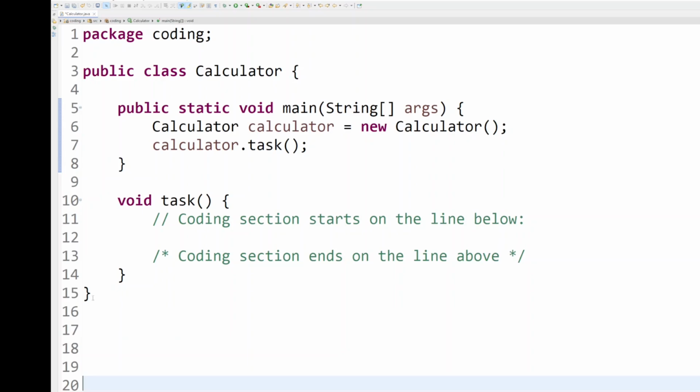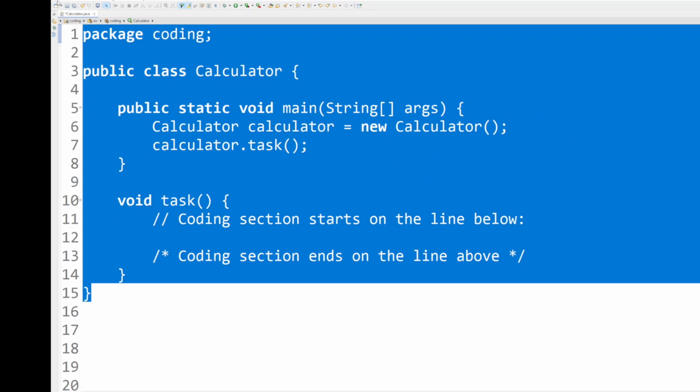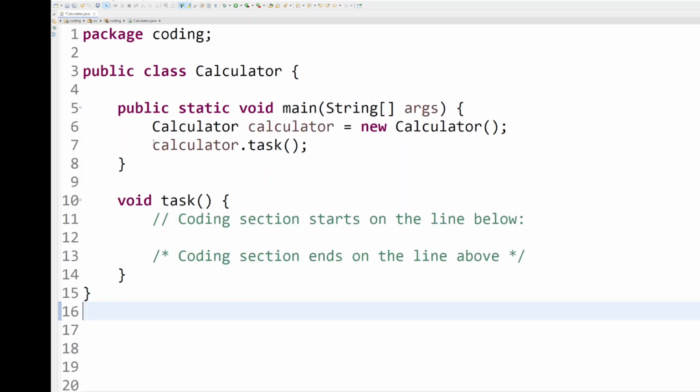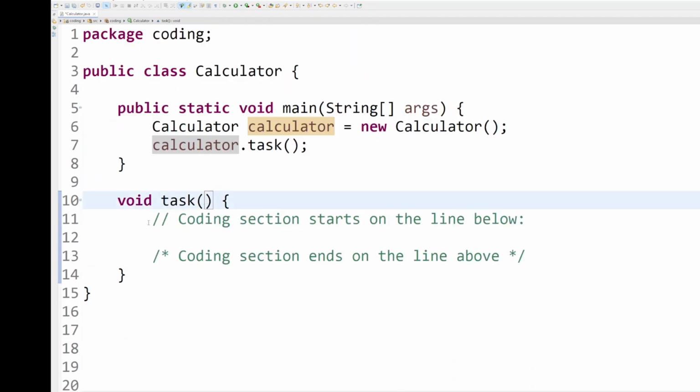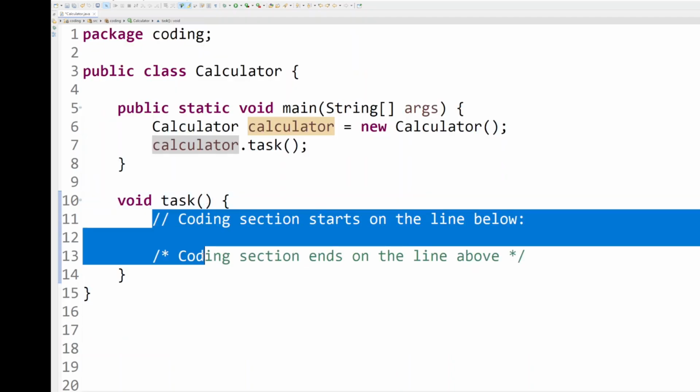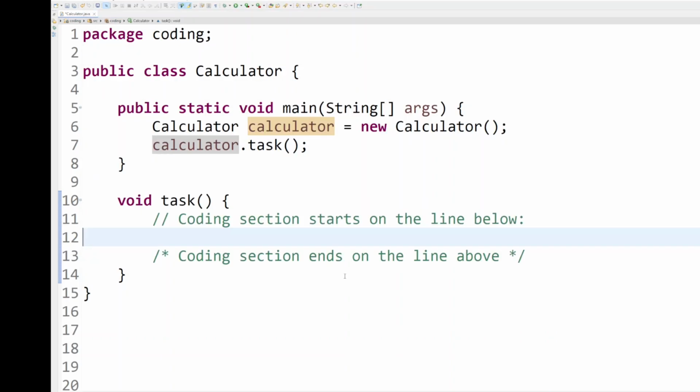Then go to Eclipse and delete everything in calculator.java. Then paste what you've just copied. The calculator.java file should now look like this. Remember, your code is to go between these two lines. Now do exercise 2 in the